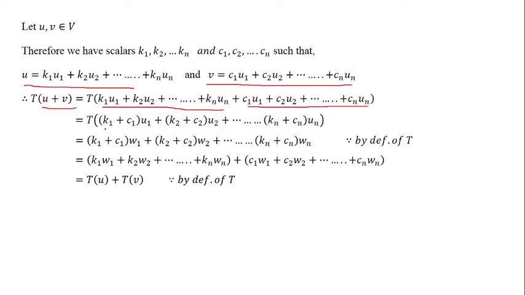So you will get T as it is in bracket. You will get k1 plus c1 outside of the bracket u1 plus etc. kn plus cn outside un. Now since T is a linear transformation, you can take this scalar outside. So you will get k1 plus c1 times T of u1, but T of u1 is w1, then k2 plus c2, then T of u2 is w2, etc. So you will get k1 w1 plus etc. kn wn and plus c1 w1 plus etc. cn wn, and therefore we must have